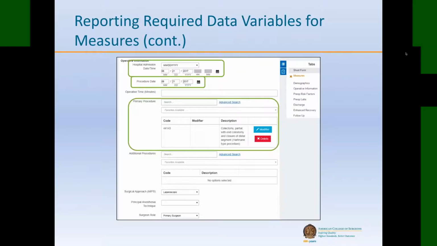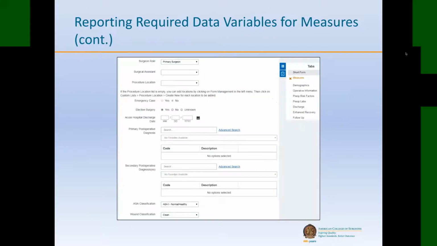Then you have your primary procedure. Please refer to the measure specifications for the eligible CPT codes. Then we have surgical approach, which is for MIPS specifically. You have surgeon role. Further down, you have emergency case. And then you also have elective surgery. You can answer both of them or just one of them. If you select yes for elective surgery, emergency case will automatically be selected as no and grayed out. Then we have ASA classification, wound classification,